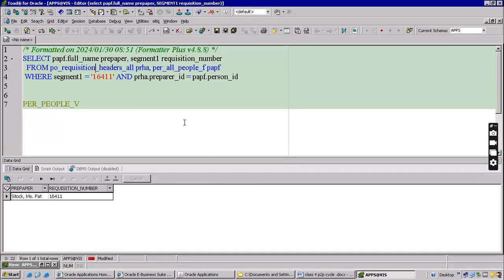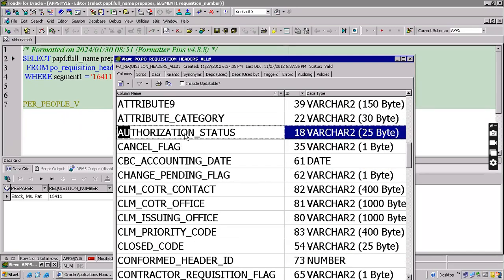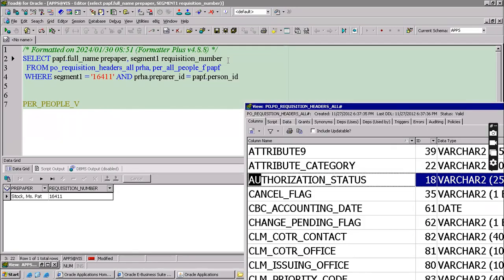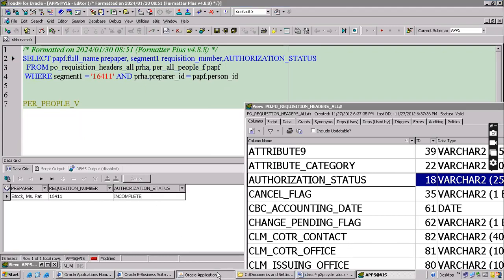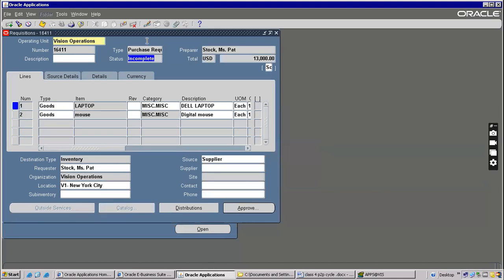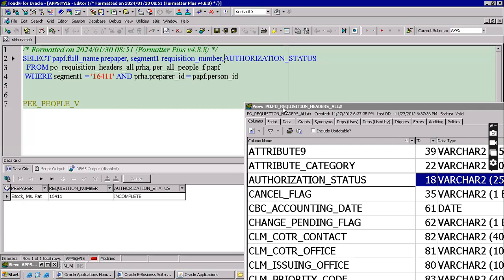Authorization status it is. So F4, check authorization status. Click on this. Select this. Incomplete. Is that incomplete? Yes. So actually it is init cap, right? It is showing. You can put a decode also. Decode is a function actually. Decode, why? Because it is showing in all capital letters. They don't want this in capital letters. We have to replace it as incomplete.